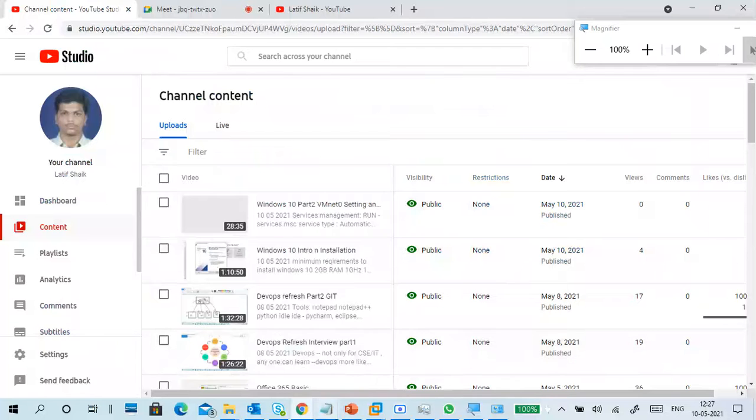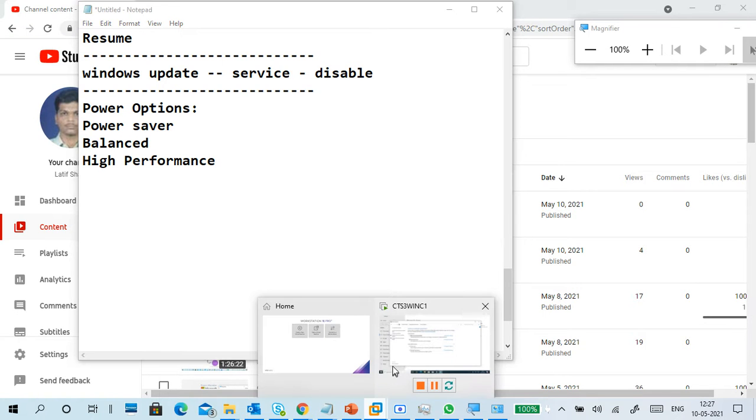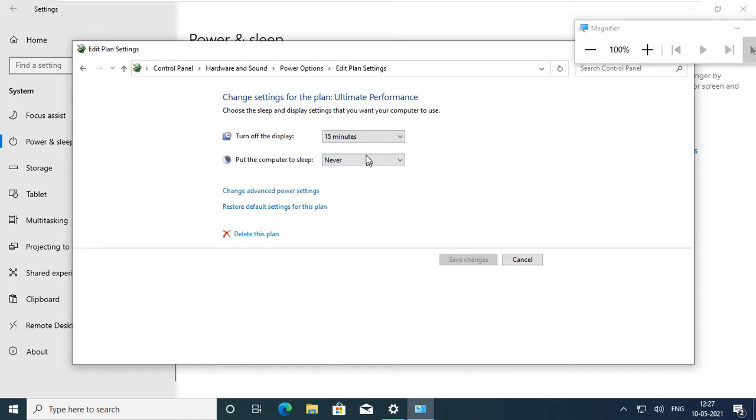So what are the power options? You have to check it: power saver, balanced, high performance, and ultimate high performance. What is it?